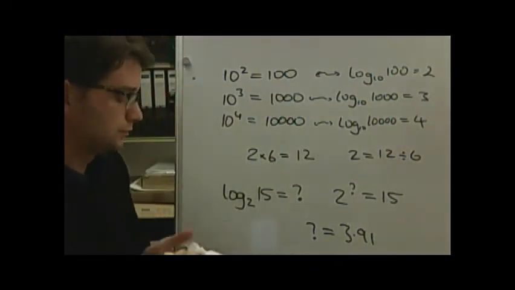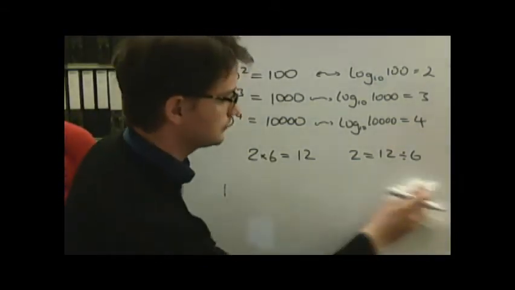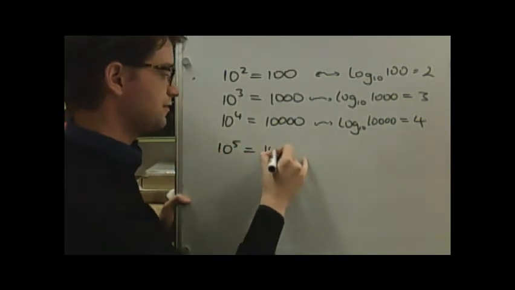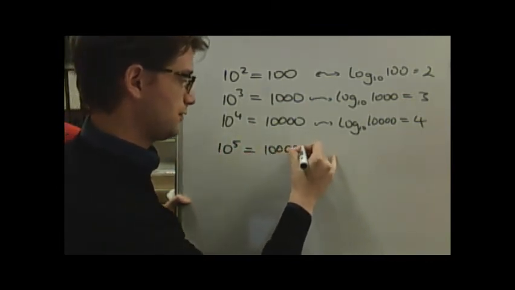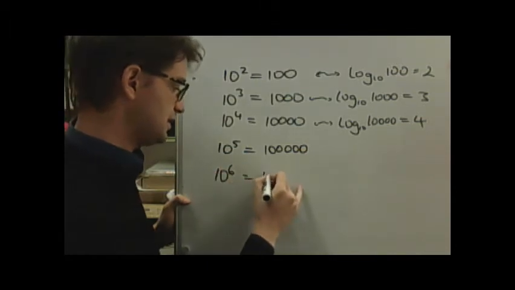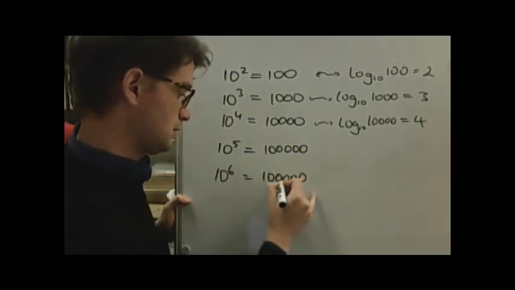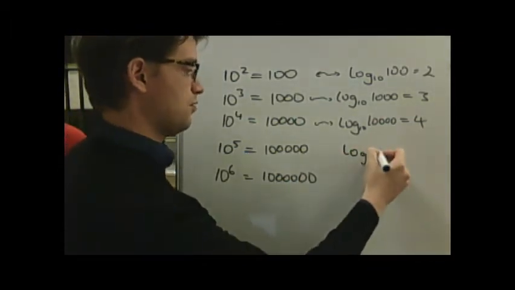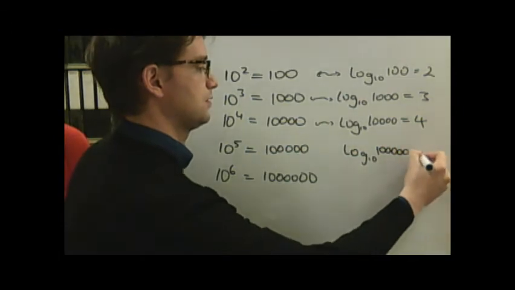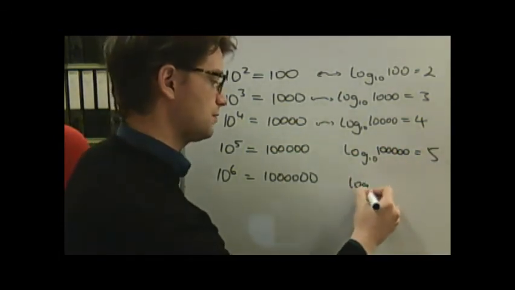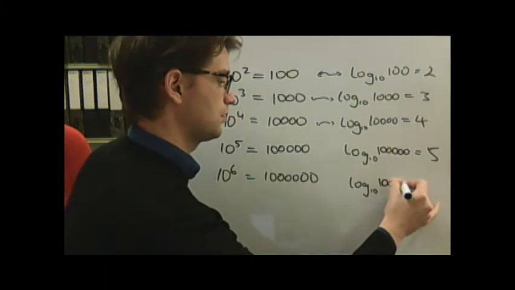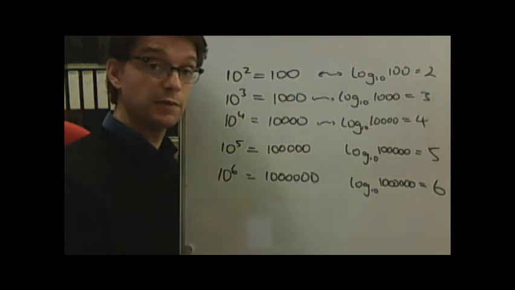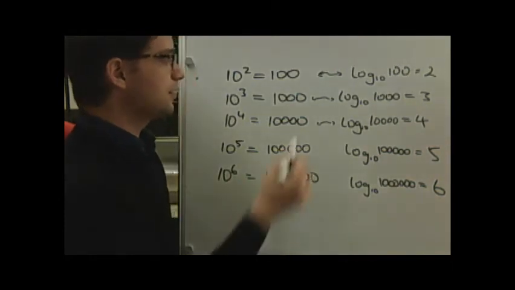Why is this useful? Well, if I just continue this on for a minute, 10 to the 5 is 100,000 and 10 to the 6 is 1,000,000. So log to the base 10 of 100,000 is 5 and log to the base 10 of 1,000,000 is 6. Suppose you're dealing with an experiment in which the ranges of the data can go from 100